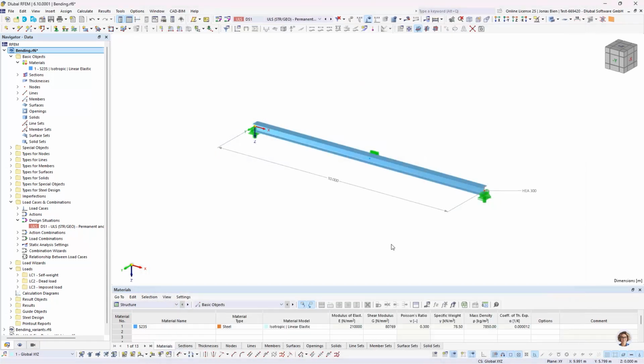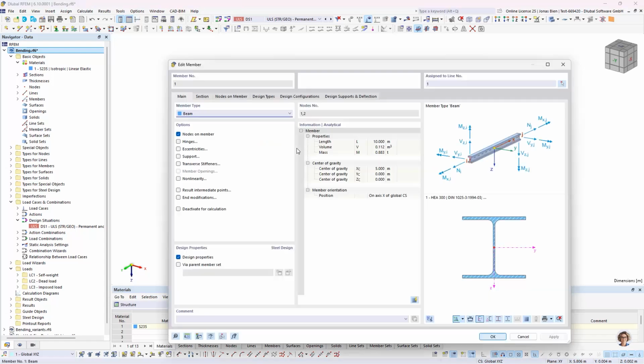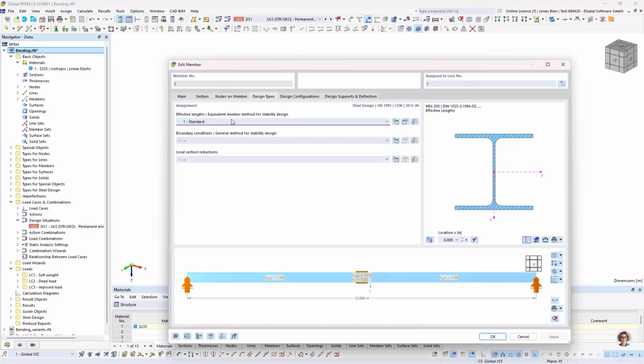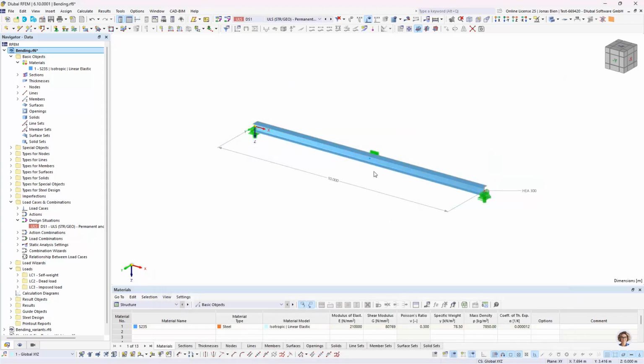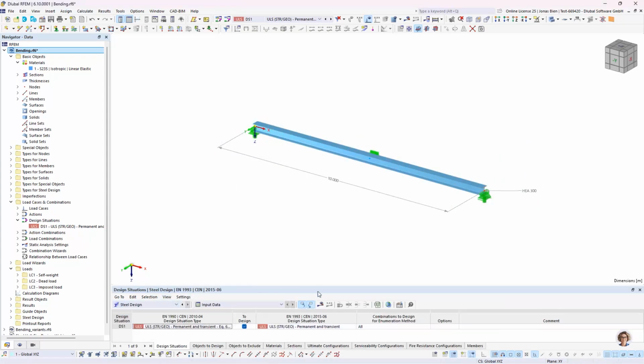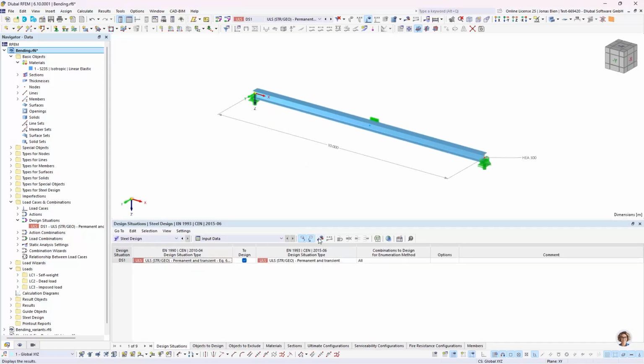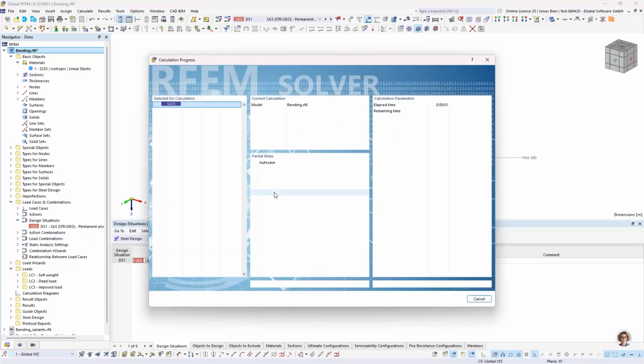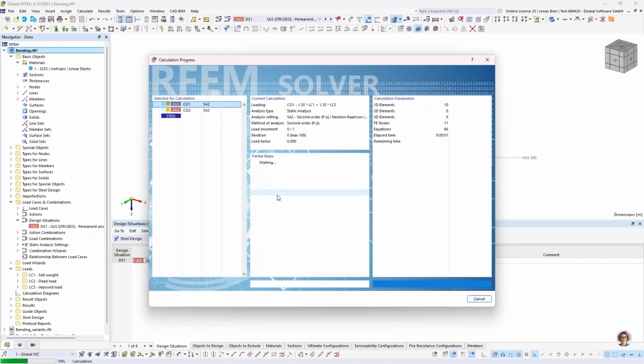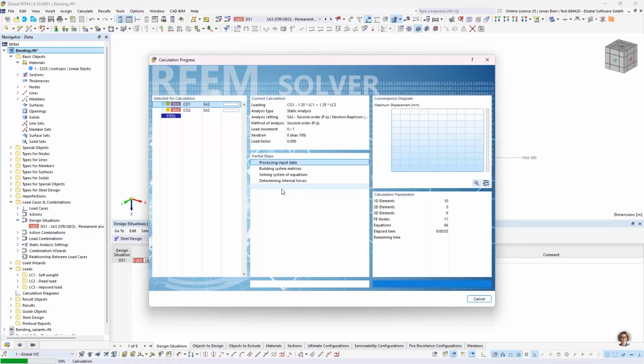Okay, so let's do this. And by the way, this assignment of the buckling length is valid for the code design and also for the later fire design that we are doing. Okay, but for now, let's start with a code design, the usual thing that we know. I will just run the simulation now, this very simple case, and we will check the utilizations that we get